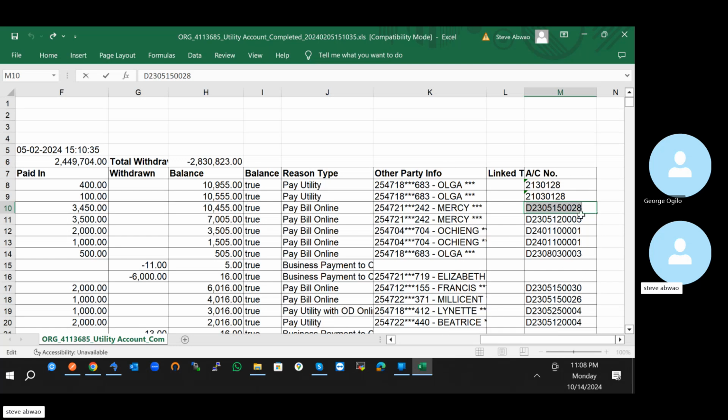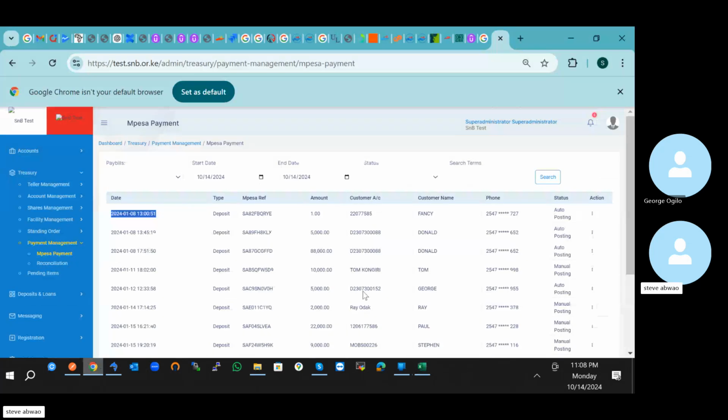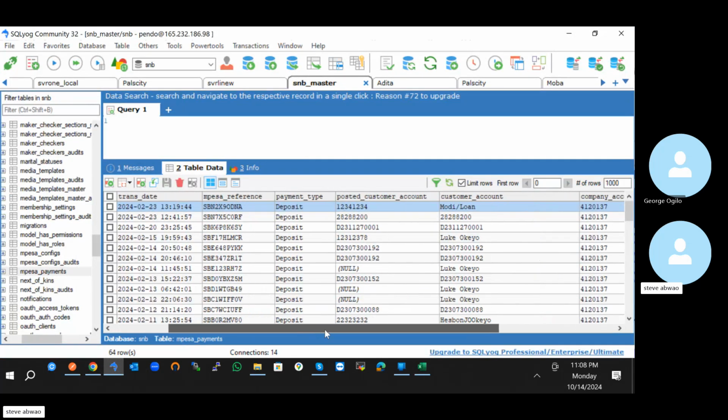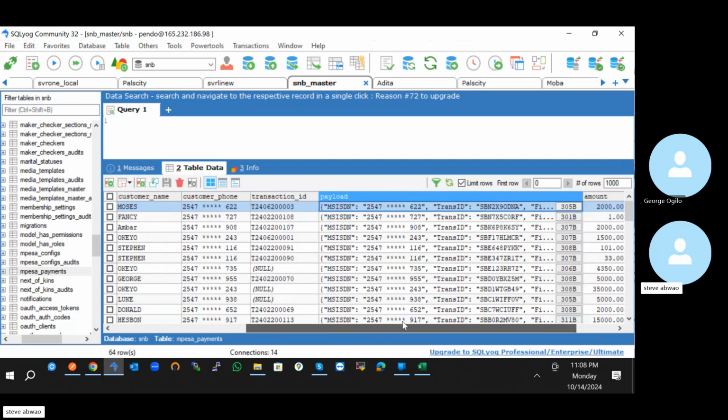Atacheck kwa system whether that account number exists or not. So if it exists, he will automatically post it. So utaona hapa status ya hiyo transaction ni auto posting. Auto posting. So that is the status of the transaction. So utaangalia,